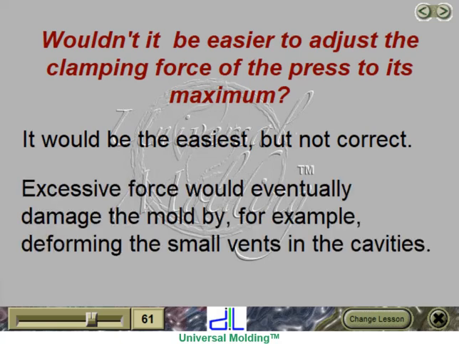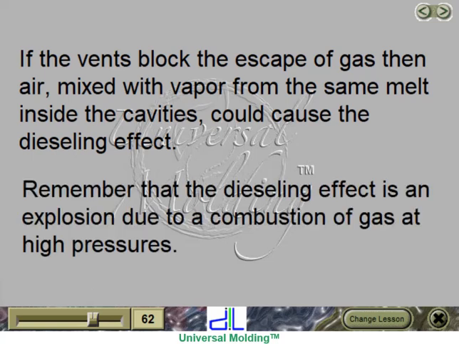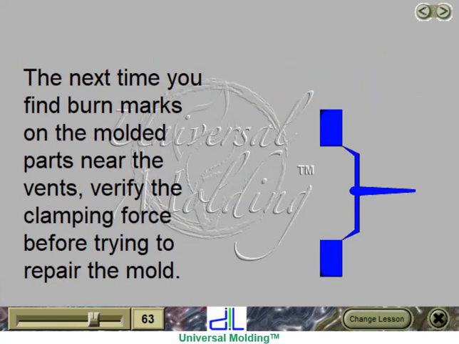Excessive force would eventually damage the mold by, for example, deforming the small vents in the cavities. If the vents block the escape of gas, then air, mixed with vapor from the same melt inside the cavities, could cause the dieseling effect. Remember that the dieseling effect is an explosion due to a combustion of gas at high pressures. The next time you find burn marks on the molded parts near the vents, verify the clamping force before trying